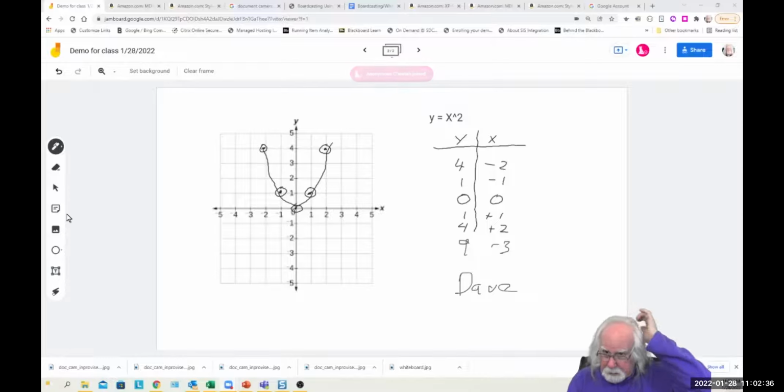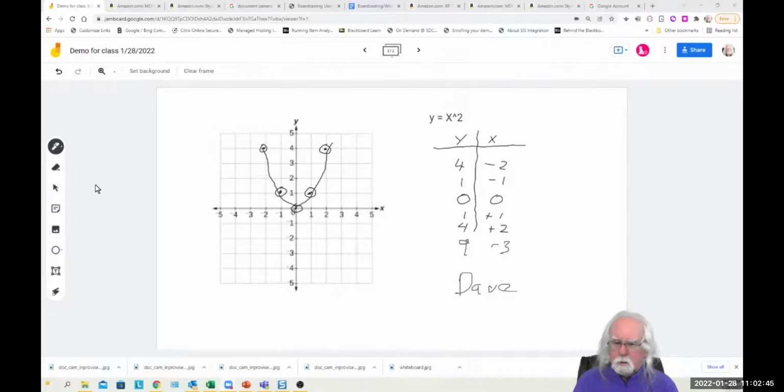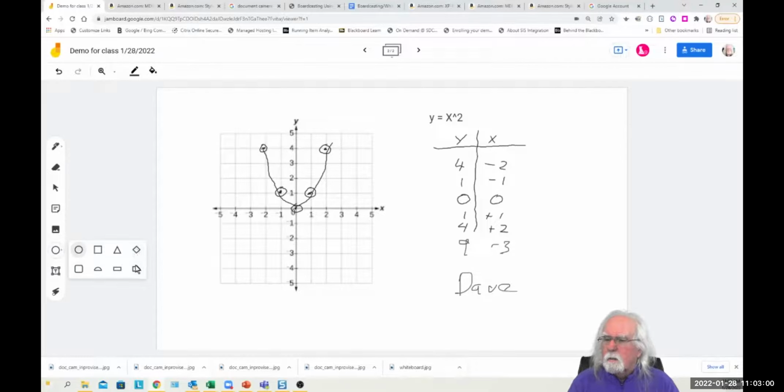There's somebody coming in, thanks. So, let's see, anything else here on Jamboard I need to show you? We've got shapes. We can draw shapes here, as we could on the Zoom whiteboard. We select that. We have a variety of geometric shapes, including big arrows, like you want to call attention to something. You can just select that arrow, and then you can rotate it around and have it point right at something, and move it around, have it point right at the origin of the